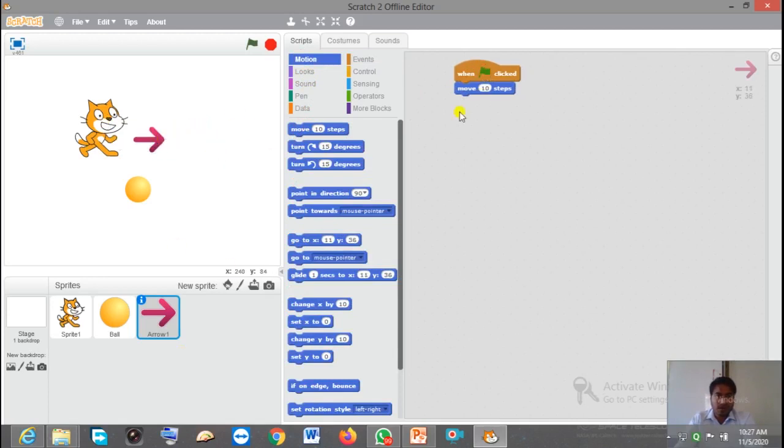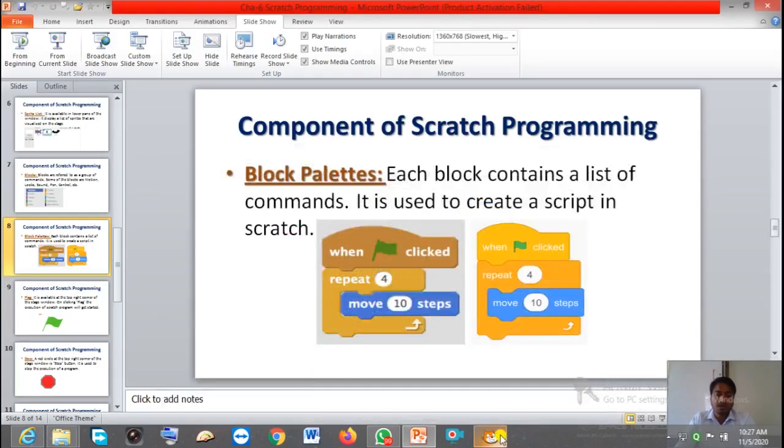Now you can see how this arrow mark is moving to the right side. So this block palette is nothing but commands. Each block contains a list of commands. It is used to create a script in Scratch.